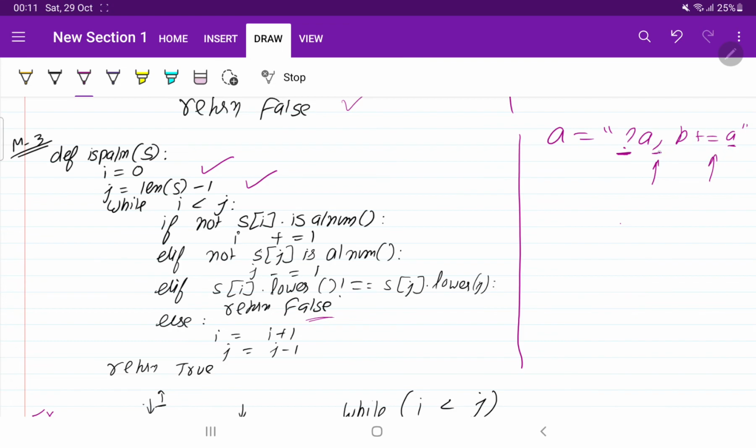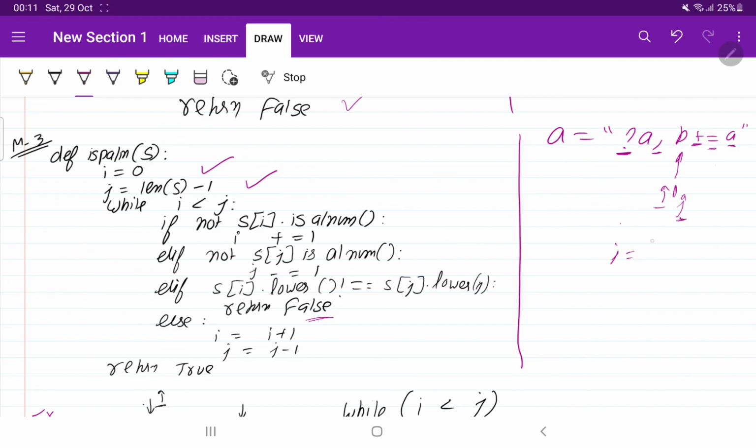Then here we have a comma, which is not alphanumeric, so i will again increase by 1 and come to the b place. Now we come to the last place and see whether j is alphanumeric, no it's not, so j is reduced by 1. Again i checks whether it is alphanumeric, and we come to the place where i and j both become equal.